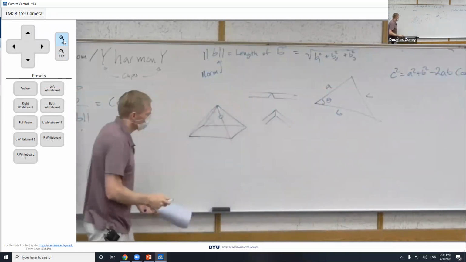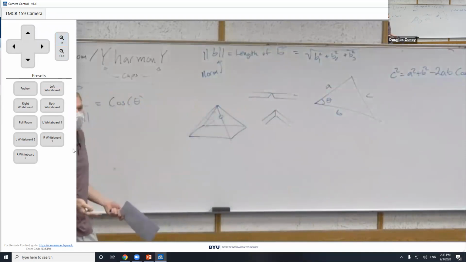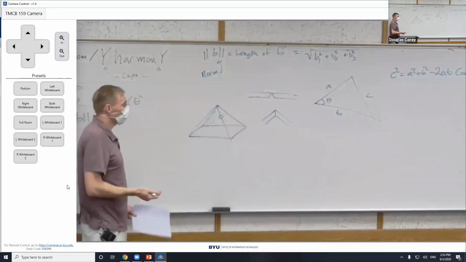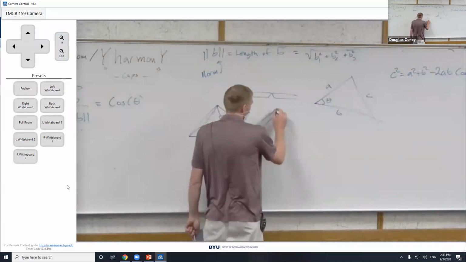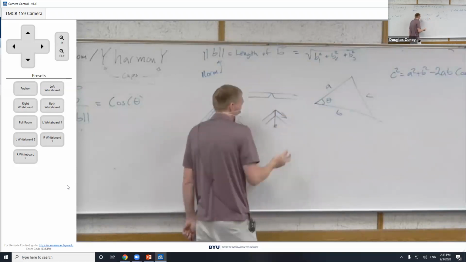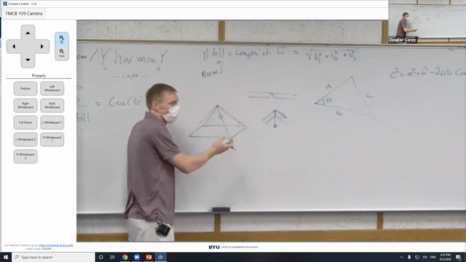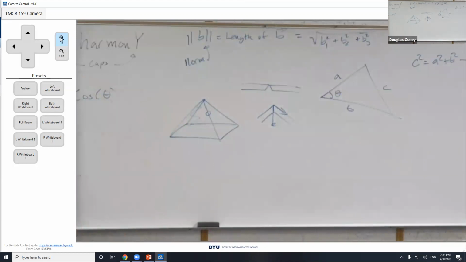So it's like that. And that's actually not, geometrically, an easy angle to find. But if you're able to just write down two vectors, maybe this vector and this vector, then you can easily find it with that formula.